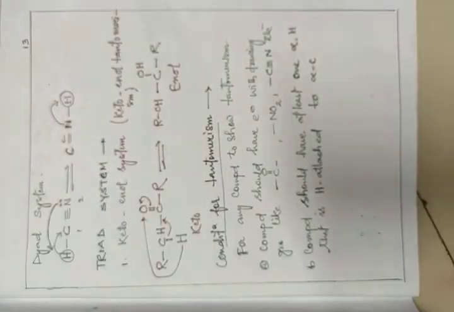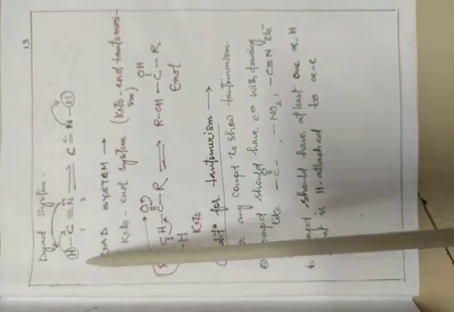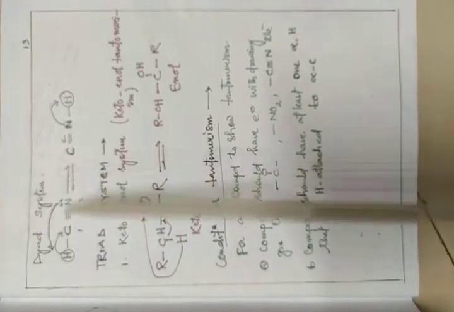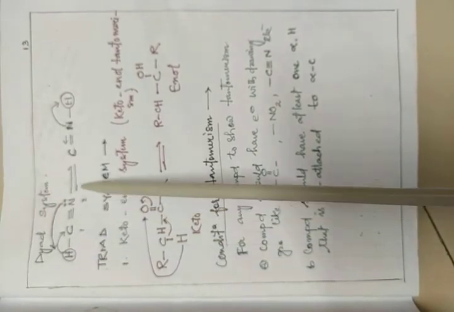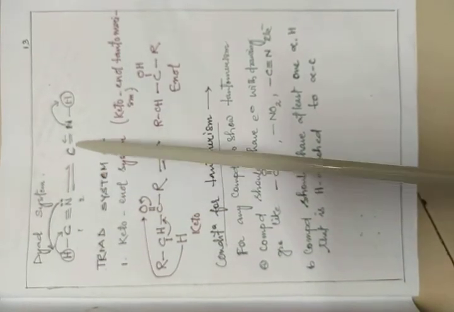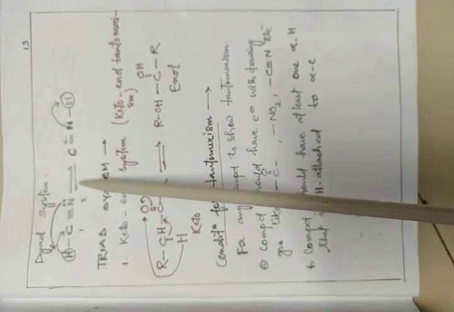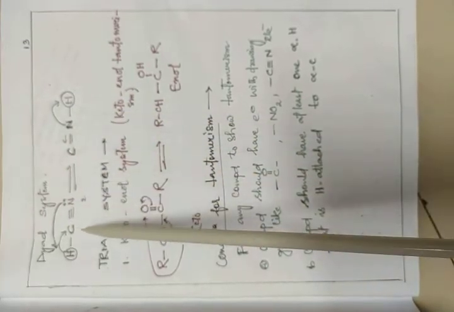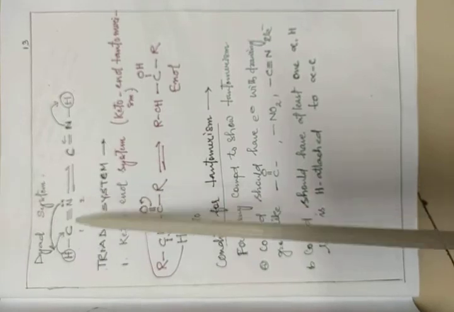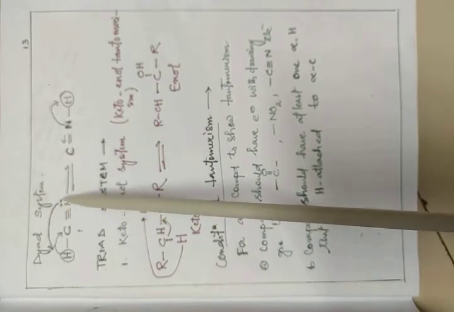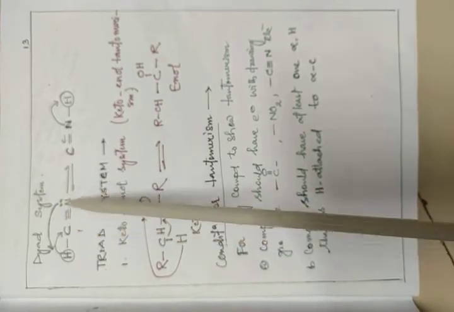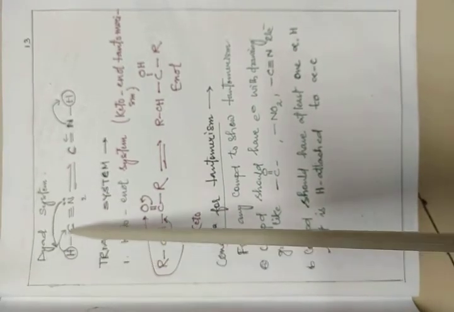Now, diad system, you will see the diad system. This is hydrogen cyanide. So this hydrogen cyanide we have to convert in this form only. We have to do the resonating structure. Now here carbon is 1 and then here 2. So in between the double bond is there. So this nitrogen has a lone pair. So that lone pair we have to use, and we will see now this hydrogen, we have to give it to here.